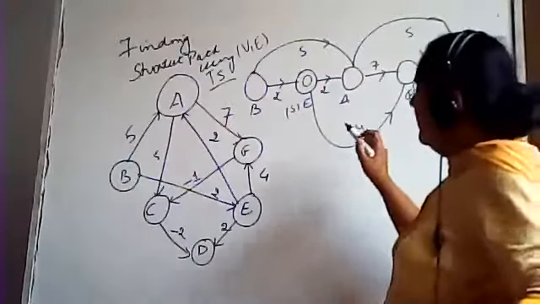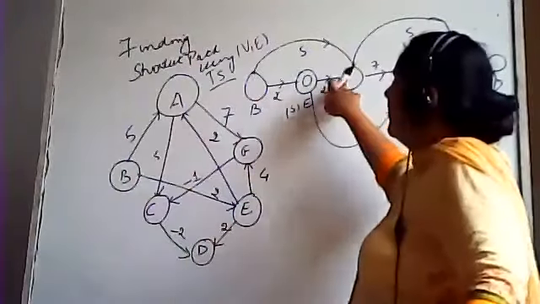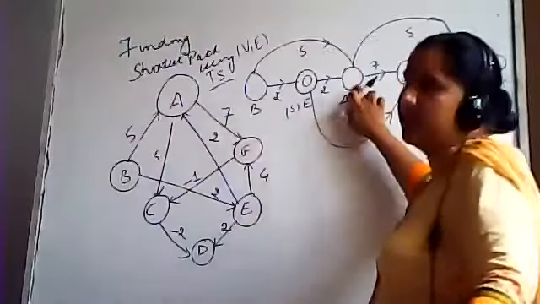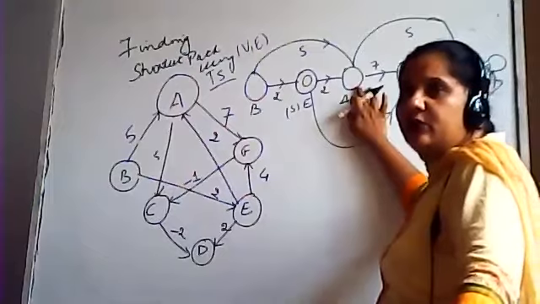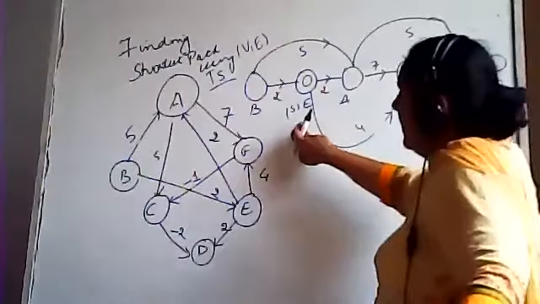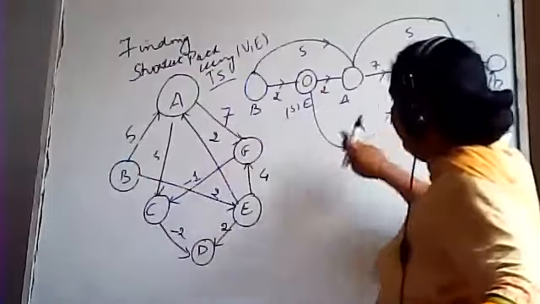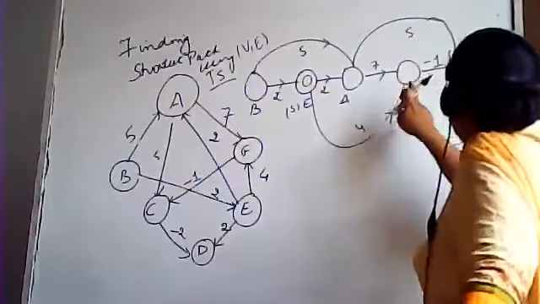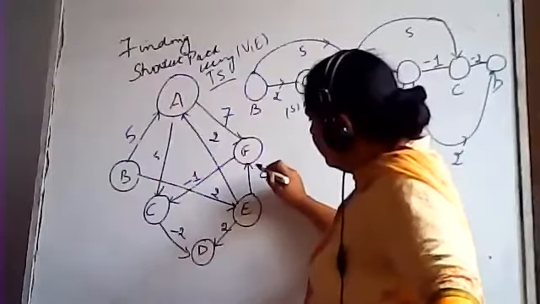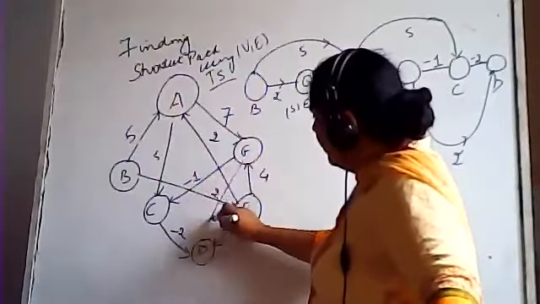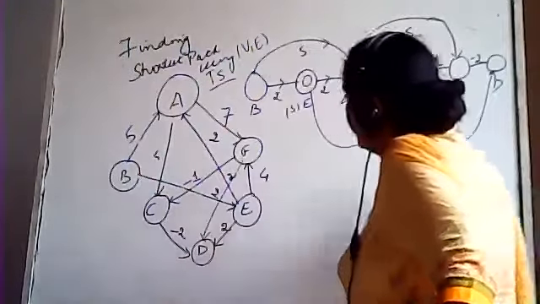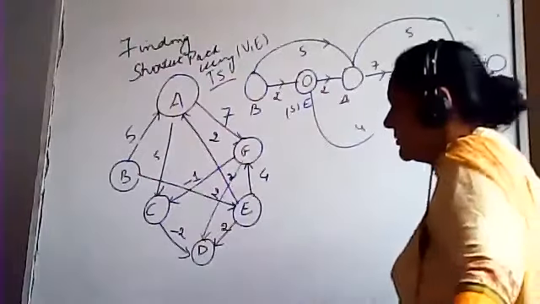Okay. Then B to A is 5. So you have drawn B to A is 5. Then A to C is also 5. From E to F, E to F is 4 this way. Then F to D is 2. Okay, I will draw. So F to D is 2 now. Okay, so this is the graph this way.